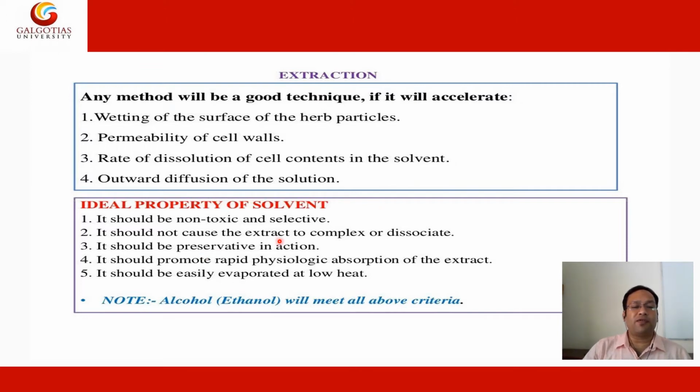Ideal properties of the solvent: it should be non-toxic and selective. It should not cause any extract to complex or dissociate. It should be a preservative in action. It should promote rapid physiological absorption of the extract. It should be easily evaporated at low heat, because mostly ethanol or organic solvents are used, so they will be easily evaporated after extraction and the content will remain. Alcohol meets all the above criteria. So in this case mostly ethanol is used, or 70% hydroalcoholic solution, for the